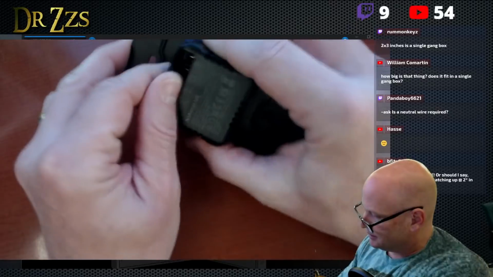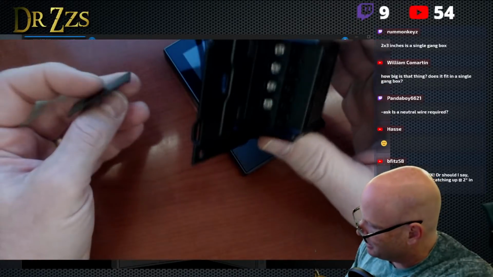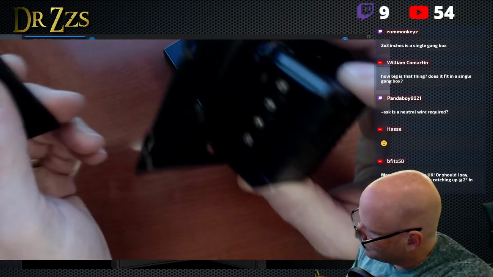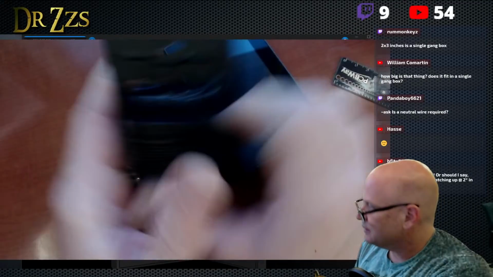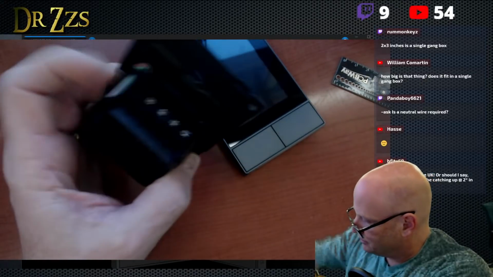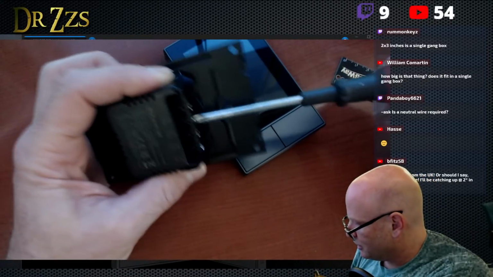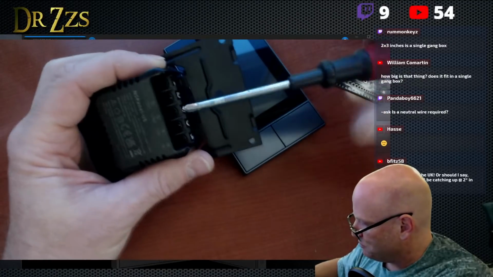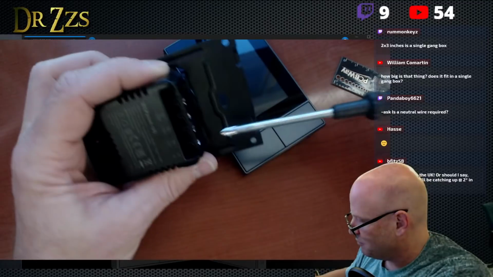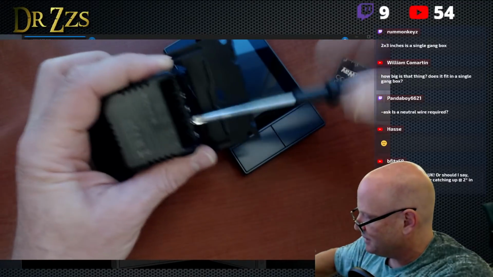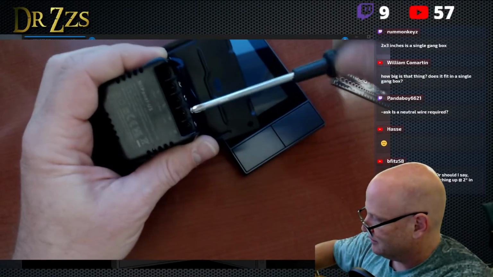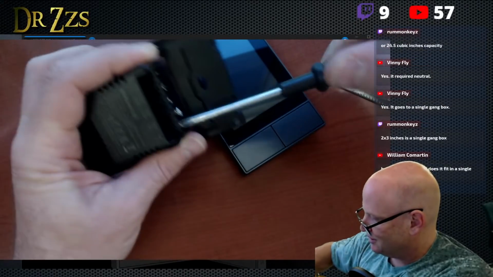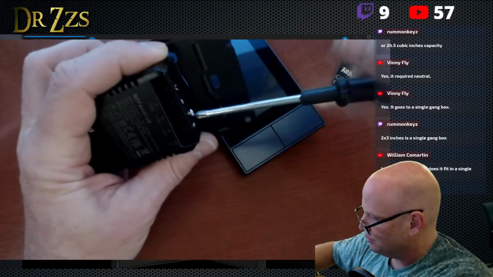Step number 2 is connect up some power to this baby. Okay, it's got that little lid that slides over the top of the terminals. Kind of like that. These are definitely some more robust looking connections than we've seen in ages past with some of the Sonoff switches. I think back to the days of the old Sonoff Basic and how not so robust those connectors were.